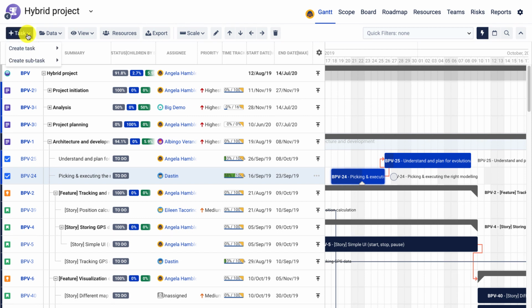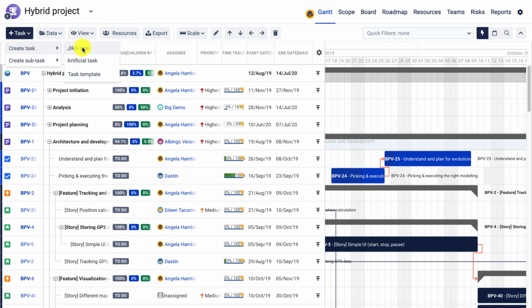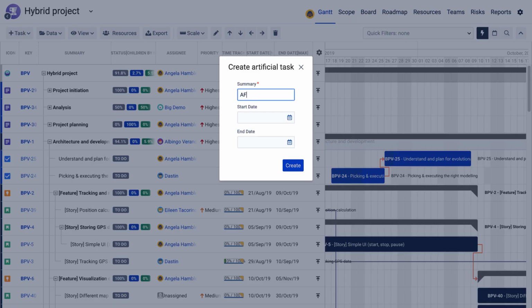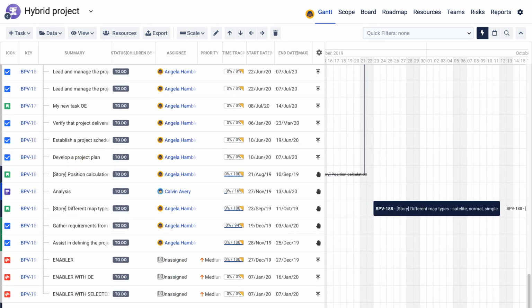We can actually add tasks using this interface. So there is the add plus task button. There are 2 types of tasks that we can add: Jira tasks and subtasks, as well as artificial tasks. So what is the concept of an artificial task? Let me add such a task to the list, and I will do a simple use case to show you how we can use the artificial task to actually group my